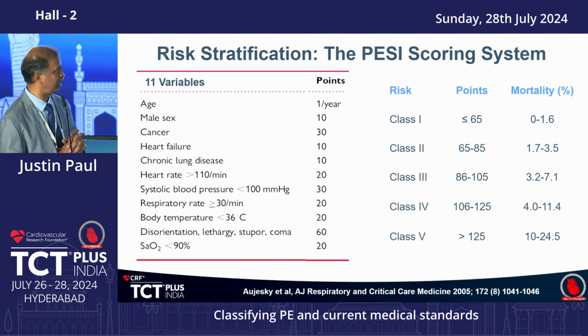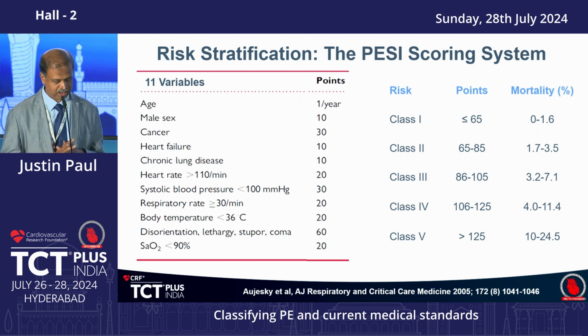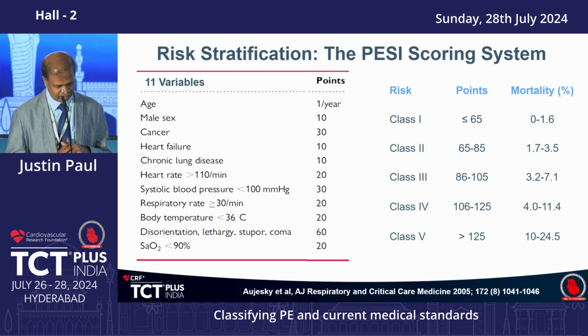Now, these are some other scoring systems: the pulmonary embolism severity index. This tells us how severe the pulmonary embolism is in this particular patient. Now this patient is 24, has heart failure, that gives her 34 points, and the heart rate is more than 110, that gives her 54 points. Systolic BP less than 100 gives her 94 points, and saturation less than 90 gives 114 points. So it's a very high PESI score, and the mortality is high. In fact, I feel it is still underestimating it.